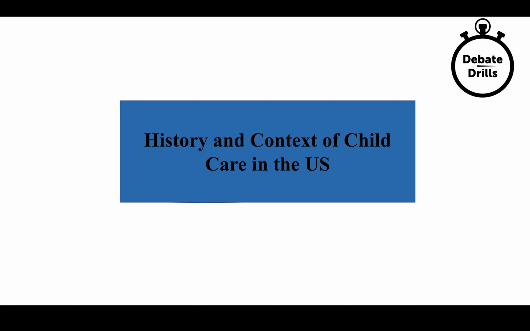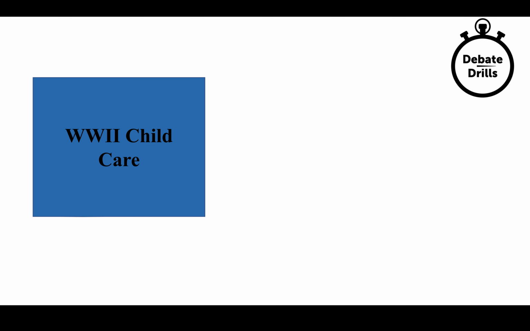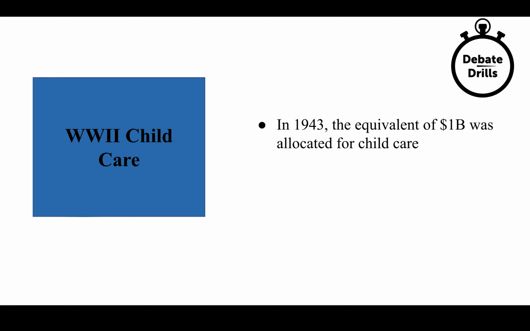So now that we understand what the terms in the resolution are talking about, let's glance at the history and context of child care in the United States. In World War II, there was actually a government program that, while it didn't provide universal child care, did something kind of close. This specifically occurred in 1943, and the government allocated the present-day equivalent of $1 billion for a